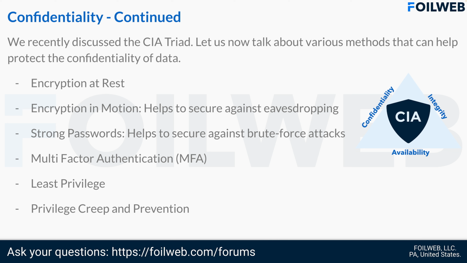Let's talk about privilege creep. Consider a scenario where a system administrator used to work for the IT department but has now moved to the finance department and gets the access privileges of the finance department. As per your company policies, the finance department employees should not have the level of access granted to the IT department. But this employee happens to have both levels of access because someone did not remember to revoke his previous level of access. Privilege creep is the gradual accumulation of access rights beyond what individuals need to do their jobs as a result of previous access rules not being removed.